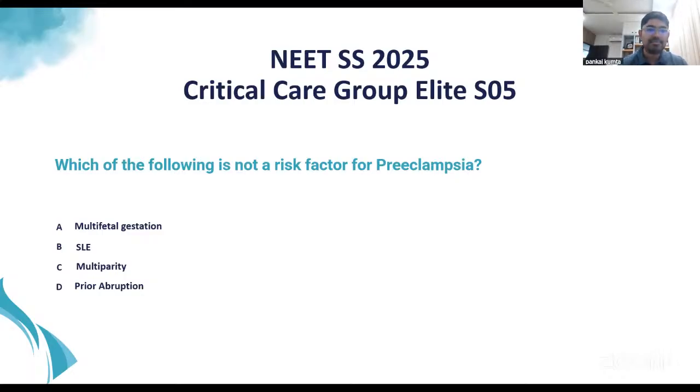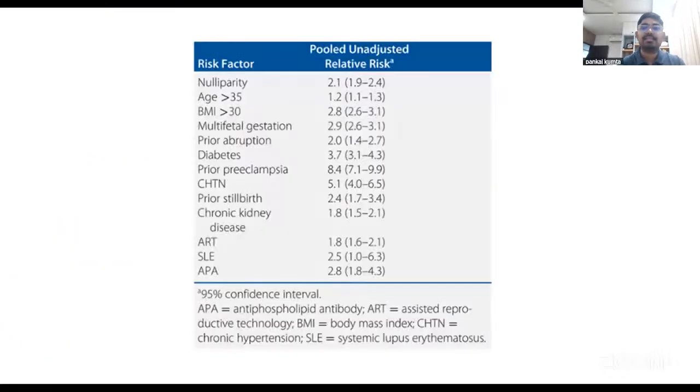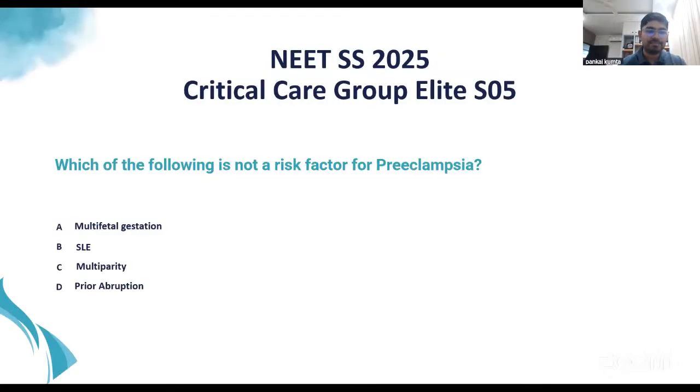If you look at the concerned risk factors, generally we're seeing that nulliparity has a pretty high pooled unadjusted relative risk, around 2.1. Elderlies tend to have it, age more than elderly primary. So you can combine it as elderly primary or an obese elderly primary. Coming with this, they will have a much higher risk. Multifetal gestation,